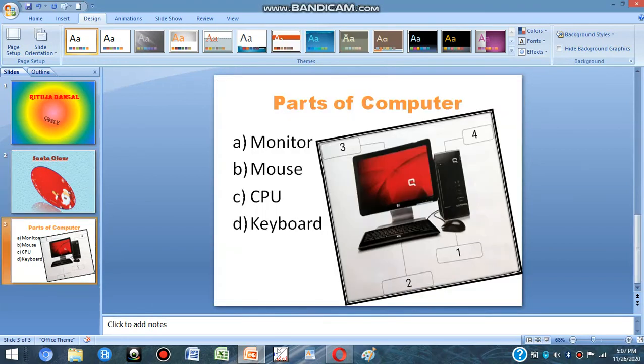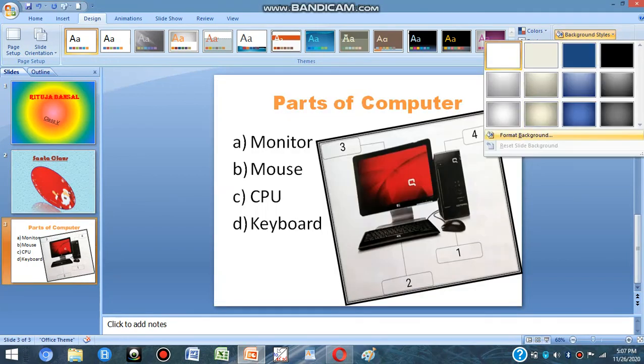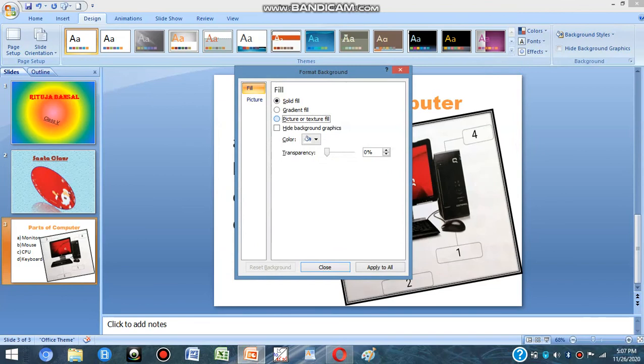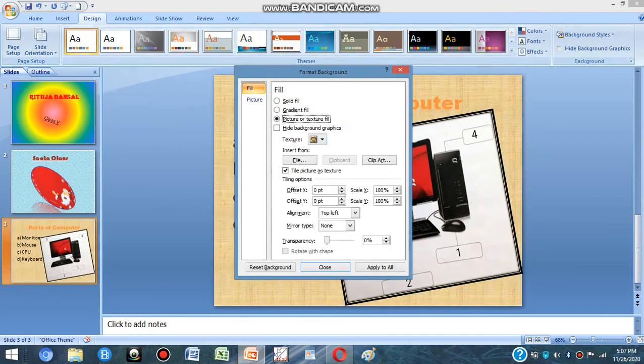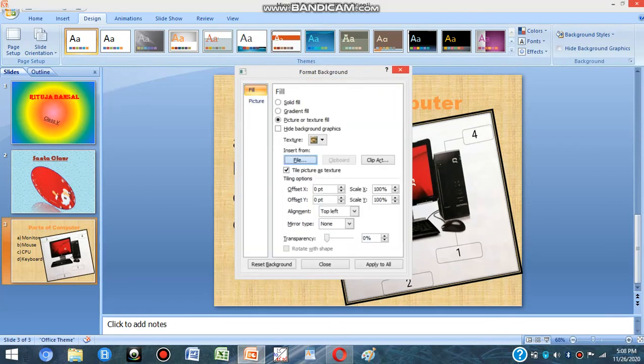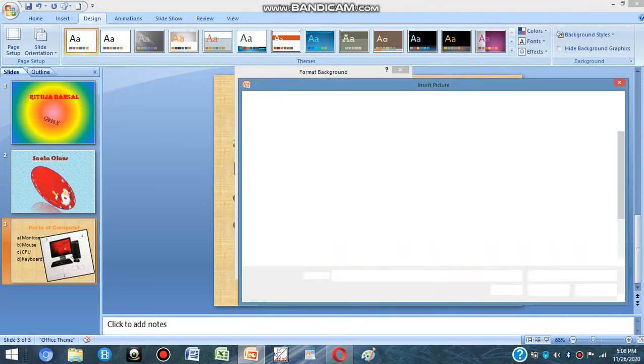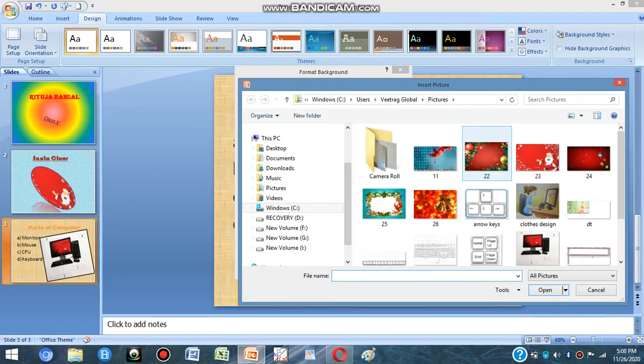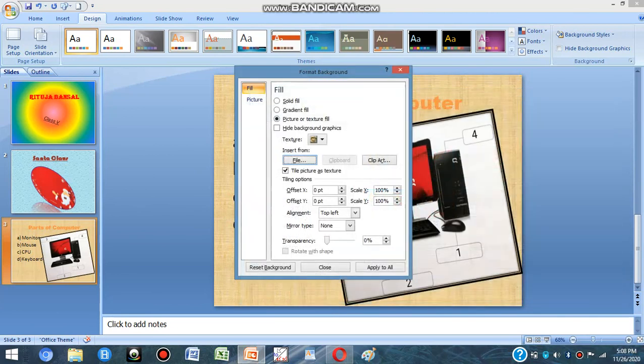Now in the third slide I am taking the same picture or texture fill, and now insert from file. Again one dialog box will appear. Now I can select any of the pictures, like I am selecting this picture, and insert.